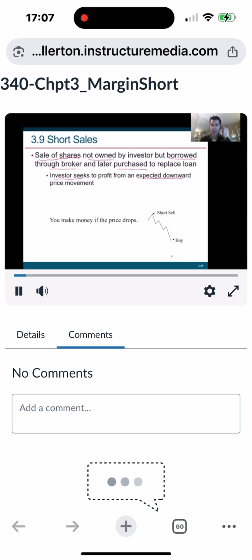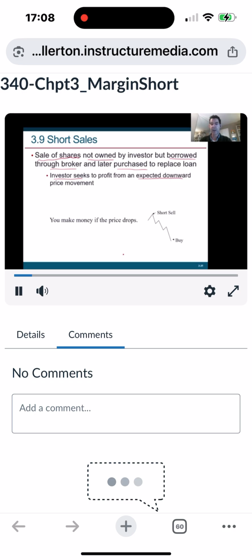I like to think of it this way. Normally, what do you do in the stock market? Normally, you hope the price is going to go up, so you buy, and you hope the price goes up, and you get to sell it at a high price, and you make money. However, what if you think, I don't think the price is going to go up. I think the price is going to go down. I think it's going to go down a lot. Can you profit from that? The answer is yes, and short selling is the way you do that.